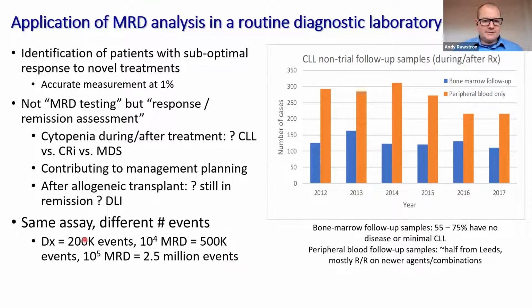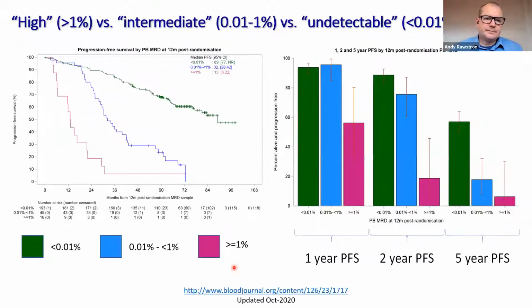So for diagnosis, we'll have a CLL tube where we're looking at 200,000 events. But if somebody's post-treatment, we'll go for a minimum of 500,000 events. And if it's a clinical trial question, or if somebody's really looking for a sensitive response assessment, then it's 2.5 million events, but broadly speaking, the same assays, the same antibodies. And the key question for the current and future is not the 1 in a million type thing. It's really, does the person have more than 1% disease at a particular time point versus less than 0.01%